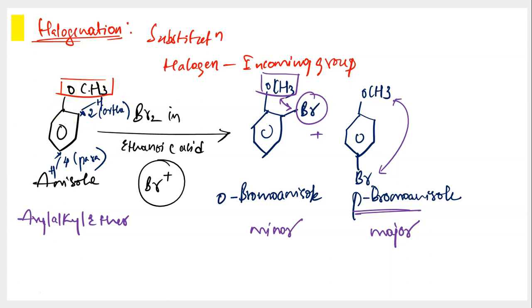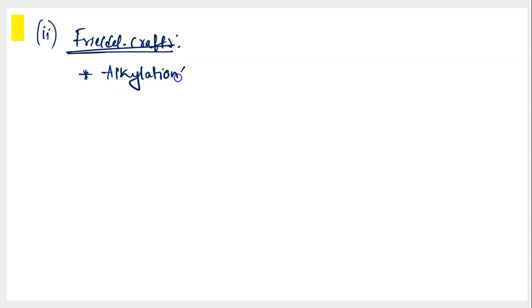So hoping that you have understood halogenation, taking you ahead with the next type of electrophilic substitution reaction, which is Friedel-Crafts reaction. So in this electrophilic substitution, there are three types majorly. First one is halogenation. We discussed it, and now we are talking about Friedel-Crafts reaction. So the second type of electrophilic substitution is Friedel-Crafts reaction. As I already told you, in Friedel-Crafts reaction, you are having two reactions in this. The first one is alkylation, the second one is acylation. So we'll talk about alkylation first, and then we'll go to acylation.